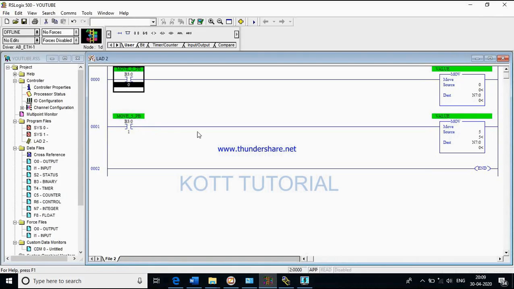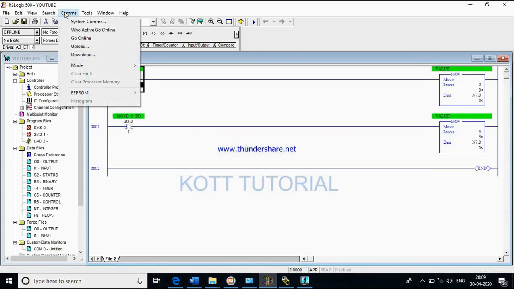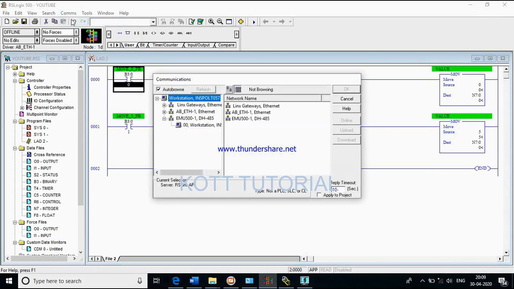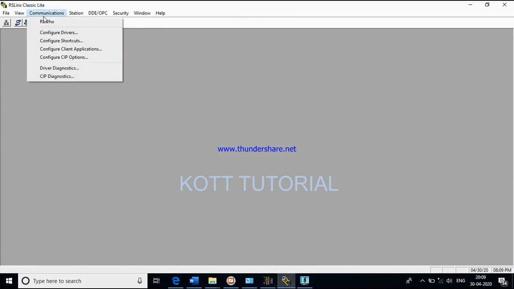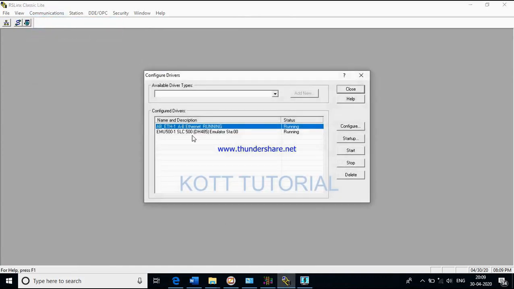Now again I have to go to the RSLogix 500 software, go to Communication, System Communication. Now you can see both of the drivers, AB and emulator. In RSLinx also we have configured two drivers, AB and emulator, but our target is to configure with this emulate driver.